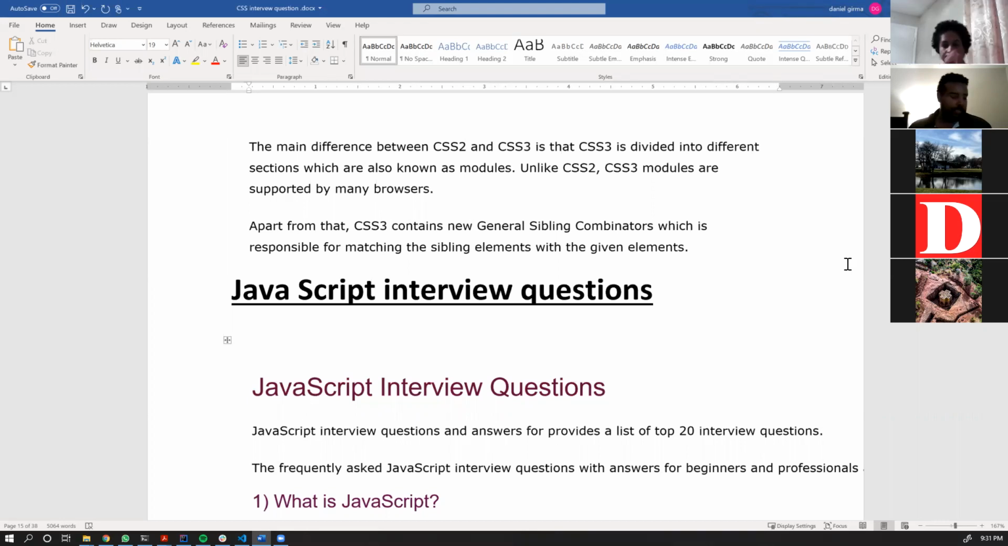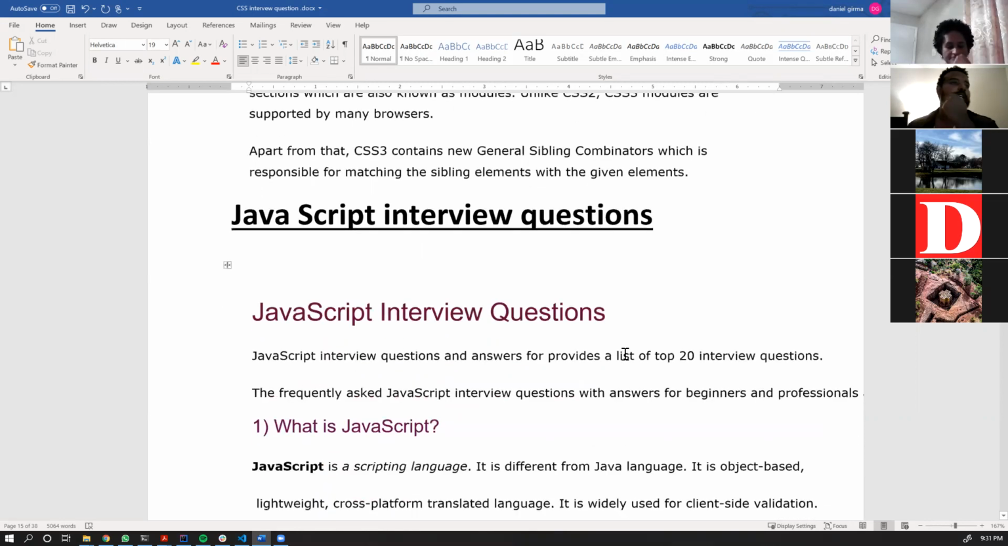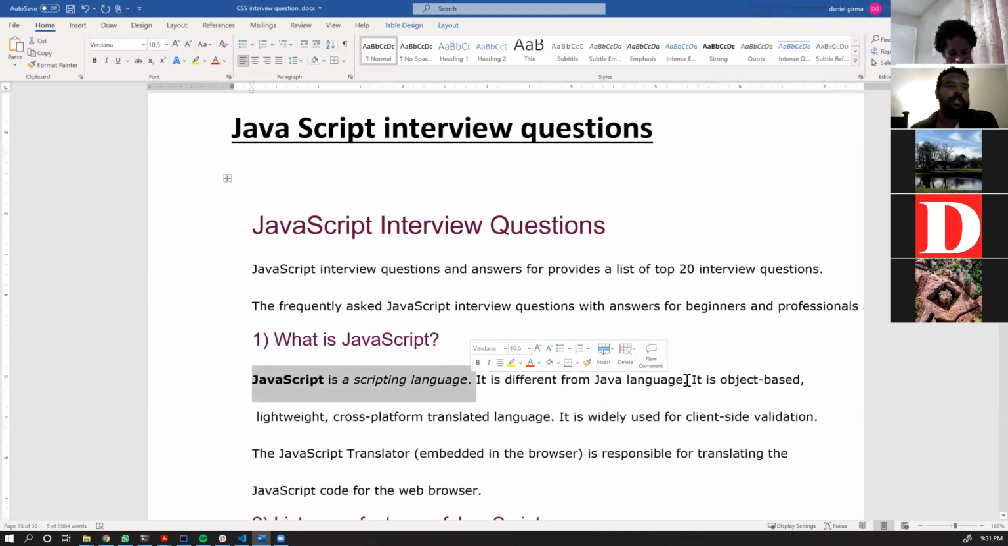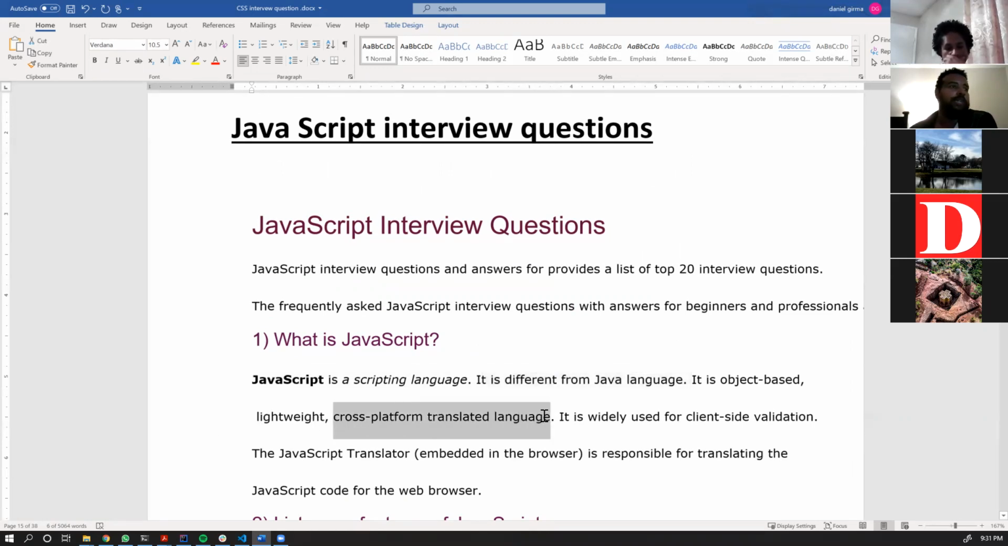It is a programming language that helps interact with the user interface. It works both ways, like client side and server side. So it's a scripting language. It's different from Java language, and it's object-based, lightweight, cross-platform, translated language. So cross-platform, like ከአንደኛው platform ወደ ሌላኛው platform መተላለፍ የሚችል ማለት ነው።